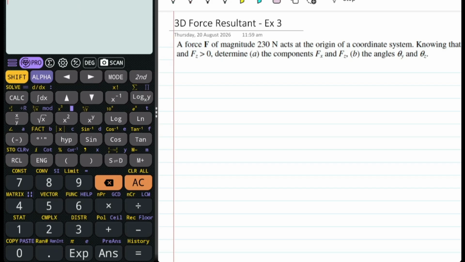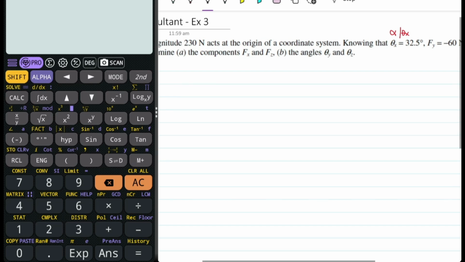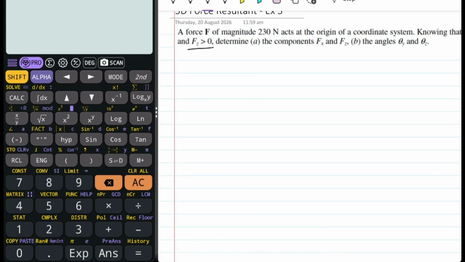A force F of magnitude 230 newtons acts at the origin of a coordinate system. Knowing that theta sub x, or basically alpha, is equal to 32.5 degrees, f sub y is negative 60 newtons, and f sub z, which we don't know, is greater than 0, determine the components f sub x, f sub z, and the angles theta sub y, or beta, and theta sub